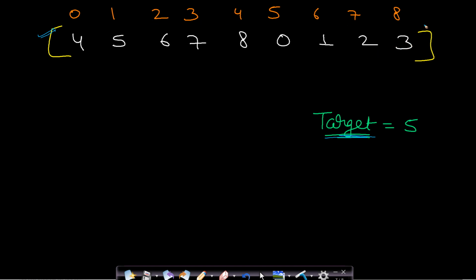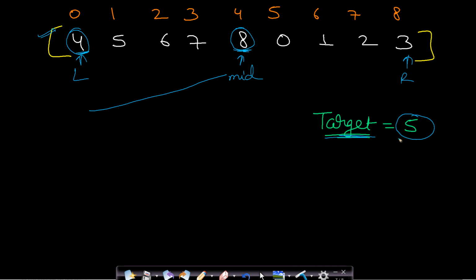Now we have 9 elements here, and this is our left and this is our right pointer, and now we need to calculate mid, which will come out to be 4 in this case. First of all, we need to find which one is the uniform half. We can compare it pretty easily: if this mid value is greater than the left value, then this will surely be an increasing graph. Since we know that this is an increasing graph, we can find whether the target is present in its range or not. The target value should fall in the range of 4 to 8 in order to be present in this subarray. You can see that 5 is greater than or equal to 4 and less than or equal to 8.